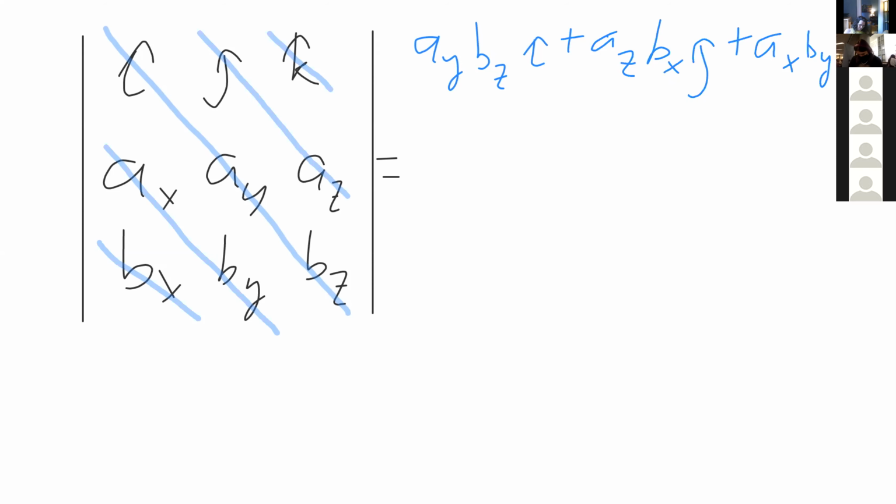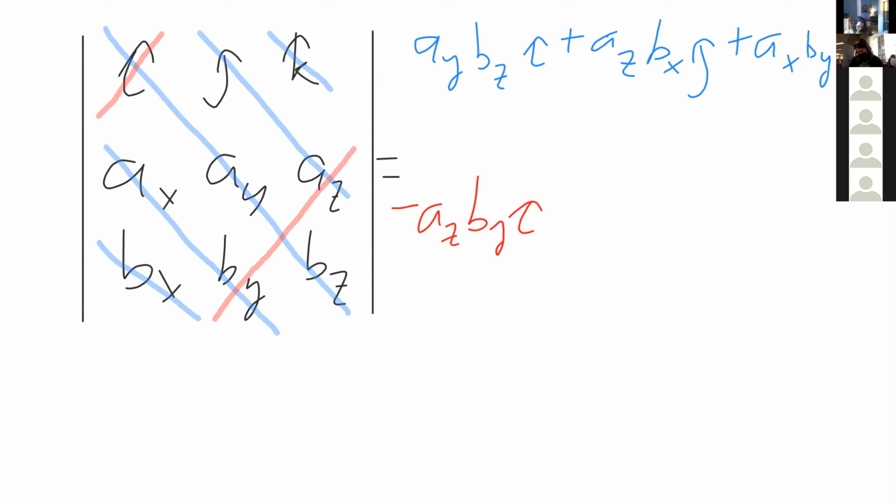Okay, so this is half of the calculation. The other half is we have to go in the other direction, down into the left. And when we go down into the left now, we're going to subtract. So I'm going to use red here. Start at I hat again, and we'll go down into the left. So we go through the I hat and then go to the AZBY. And we're going to, as I mentioned, subtract it. So we do minus AZBY